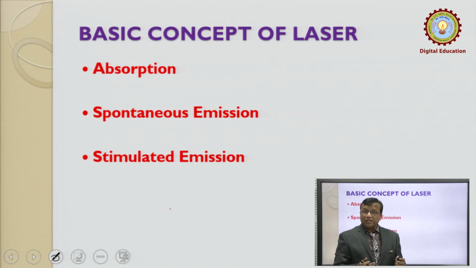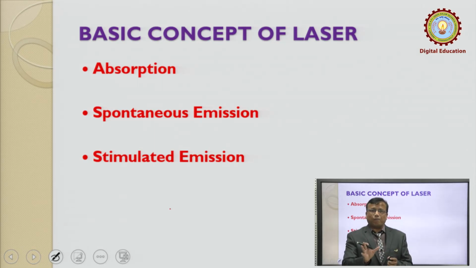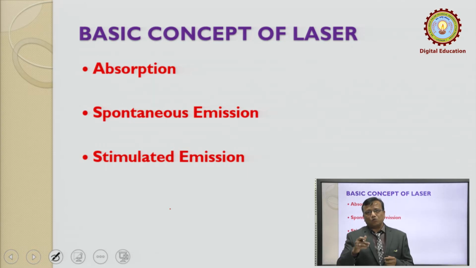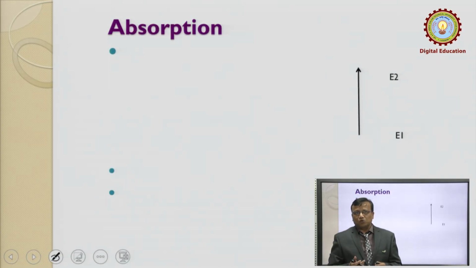As we have seen in the definition of the laser, stimulated emission is the main property of the laser. If we want to understand the laser, then we have to understand what stimulated emission is, because if we want to amplify ordinary light into laser light, then the stimulated process has to come into play. So the very first process is absorption.